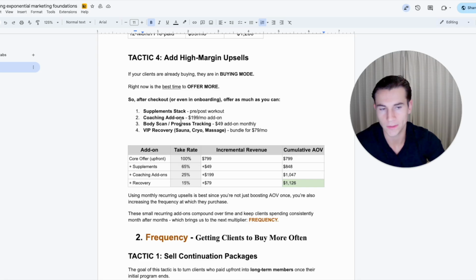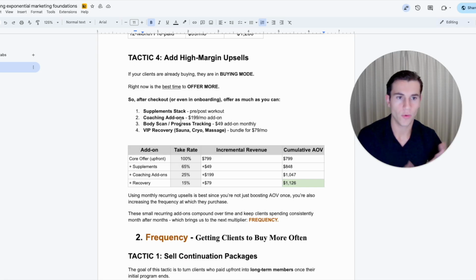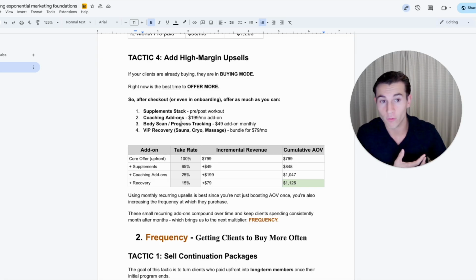But you have to think, when somebody's joining a gym and doing personal training, in the back of their mind they're thinking, okay, I just bought this. Now what other problems would I potentially have to deal with? I don't know much about supplements, or how to do my form in the gym, or a bunch of other nuances that could be related to their problem.